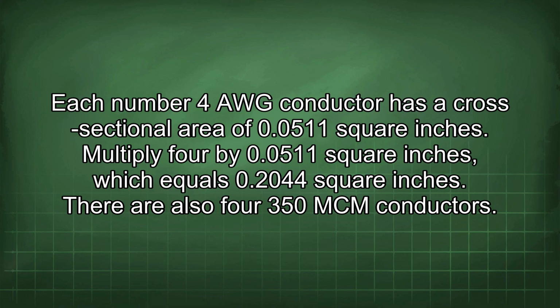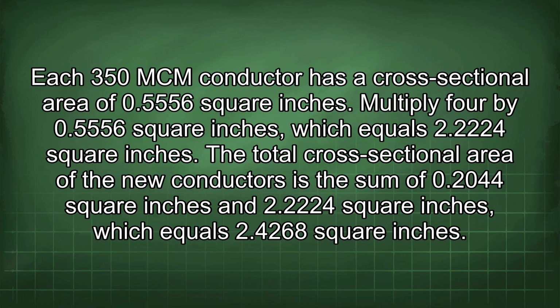There are also 4 350 mcm conductors. Each 350 mcm conductor has a cross-sectional area of 0.5556 square inches. Multiply 4 by 0.5556 square inches, which equals 2.2224 square inches. The total cross-sectional area of the new conductors is the sum of 0.2044 square inches and 2.2224 square inches, which equals